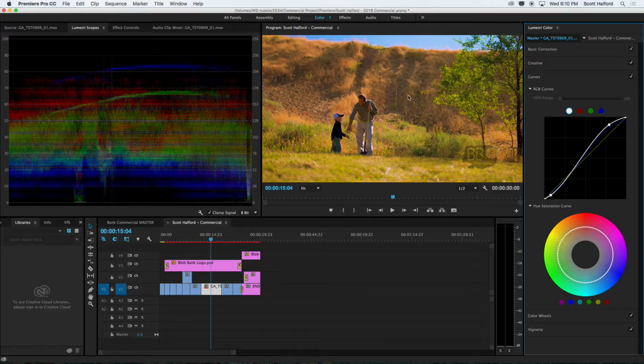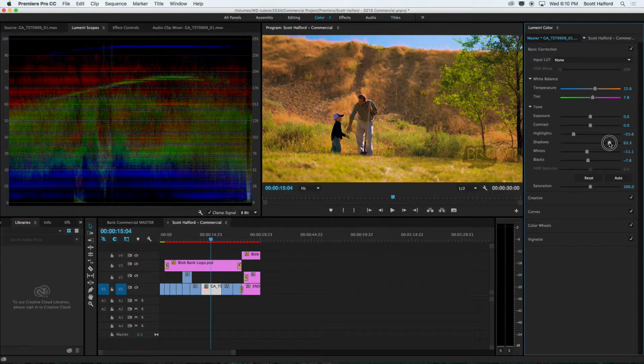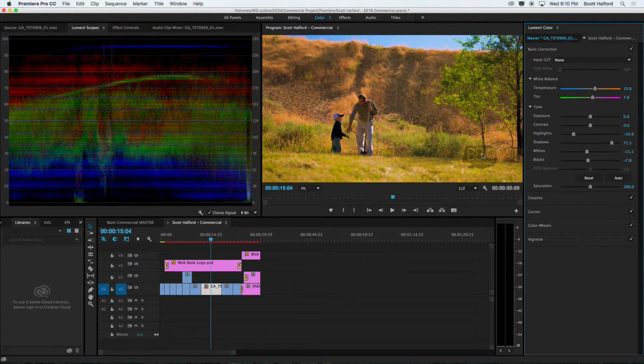Now this image might be a little bit dark still, and in that situation I would go back up here and raise the shadows a little bit more so that I can get even more detail in these shirts. And then if I bring the highlights down,